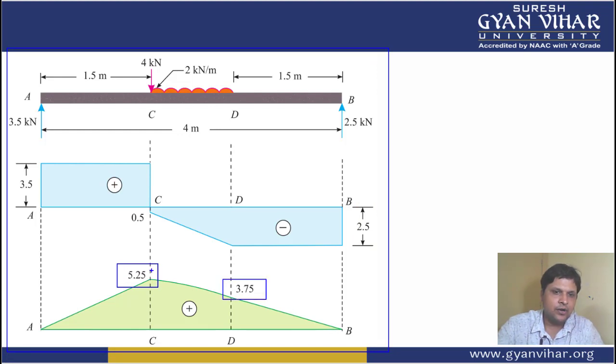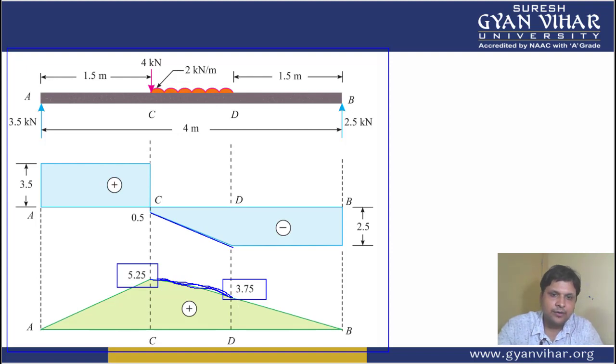So we have joined. Now while joining, one thing you should keep in mind is that the inclined line has been used in the shear force diagram for joining the shear force value at C and D, while in the case of bending moment for C and D, this particular area, you will use a parabolic curve to join it, in this way. All right.